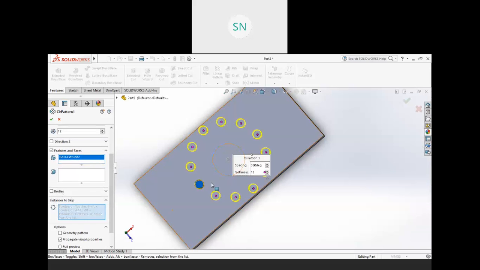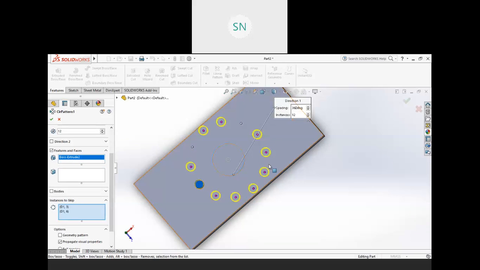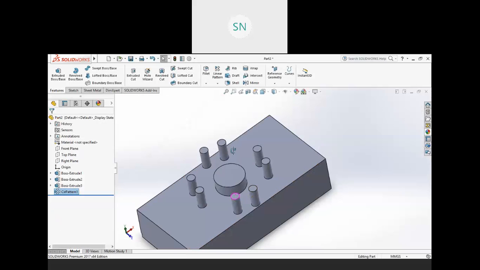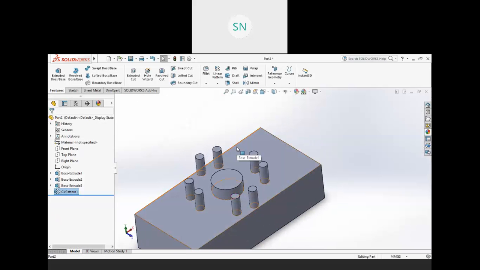So go with the instance and skip, and I want to keep these 2 and remove this third, then these 2 and remove this one, then these are the 2 and this one. In this way I want to pattern. So this is my circular pattern.